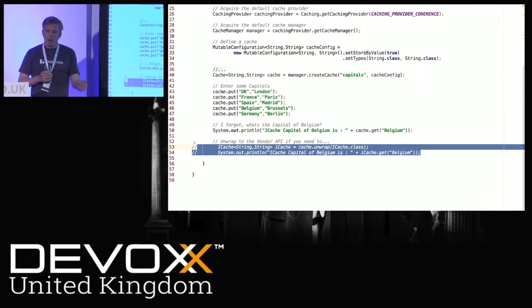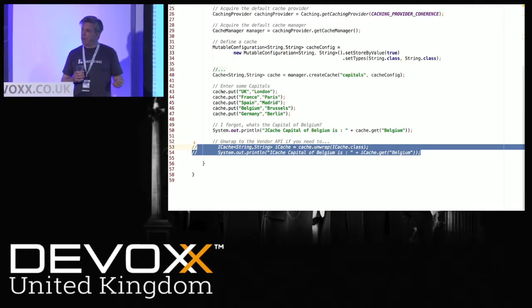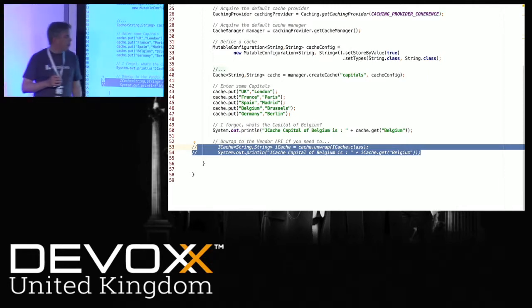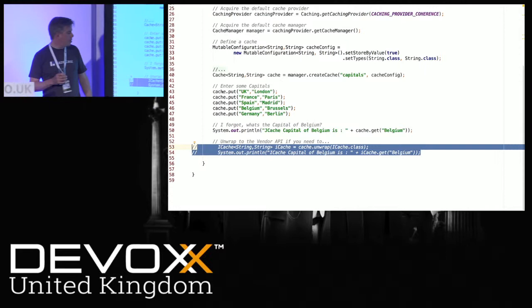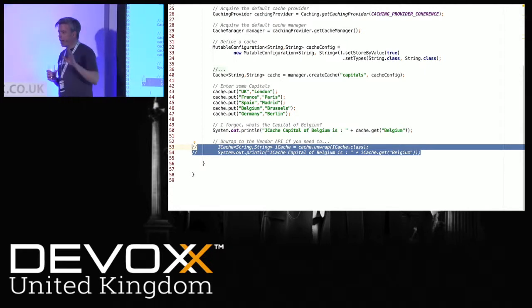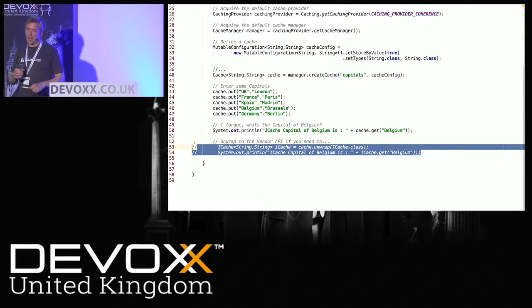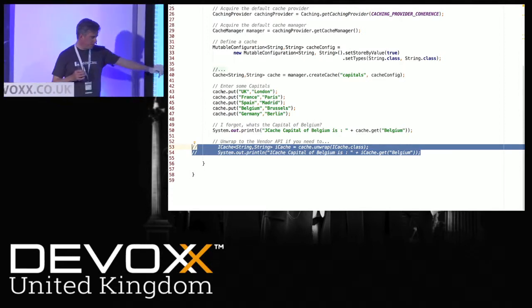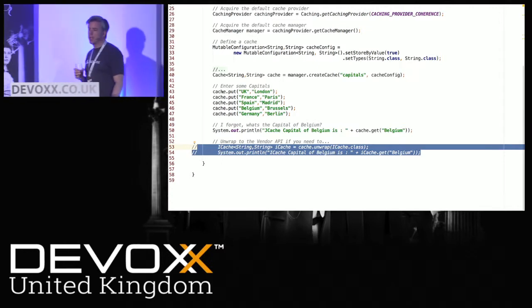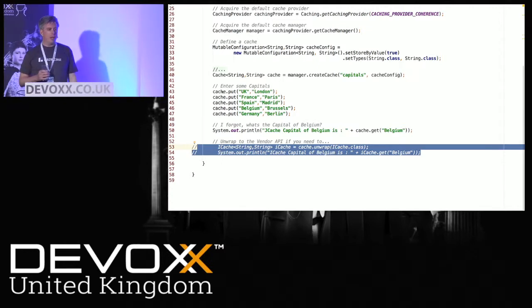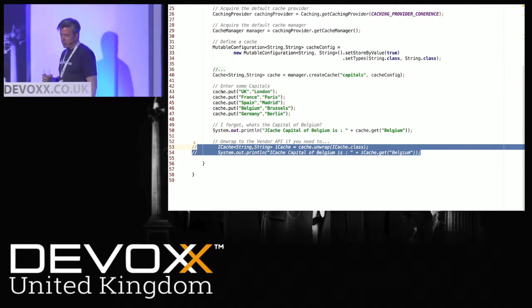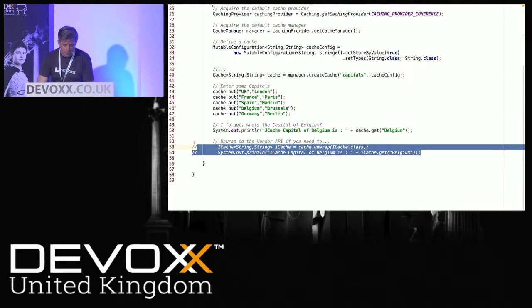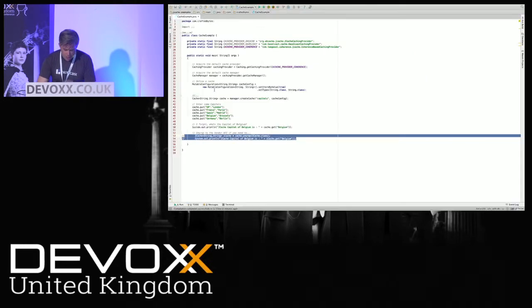So the way you can get to the vendor's interface of that data structure is by using this unwrap method here. What I'm actually doing here is I'm saying cache unwrap ICache class. Okay, and I'm getting the ICache back. And ICache is the Hazelcast interface for an ICache. If you're doing this with something like Oracle Coherence, you would unwrap to something called a NamedCache. Okay, so if you want to live a bit dangerously and really negate the whole point of JSR107, you can get back to the vendor's native API if you want to. So let's go back to the slides,